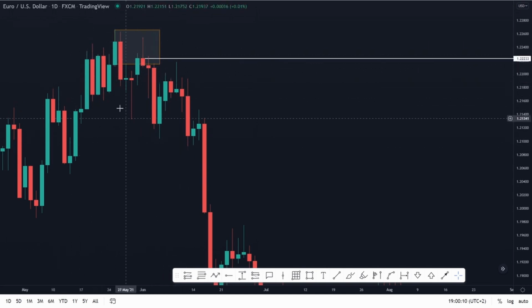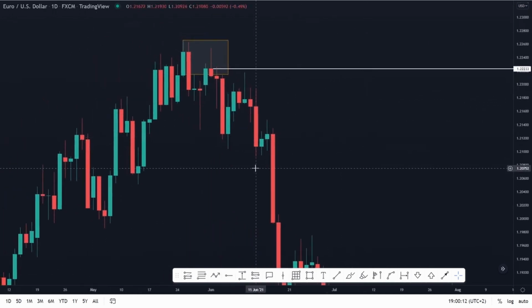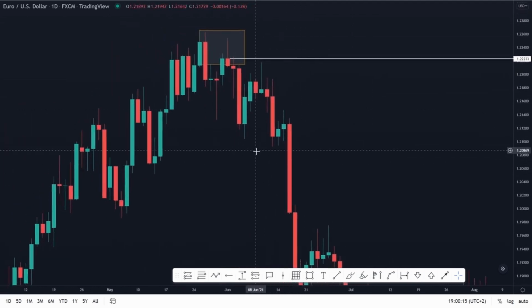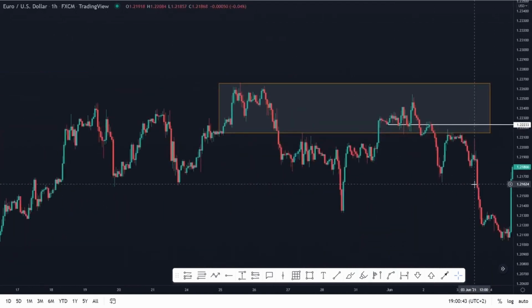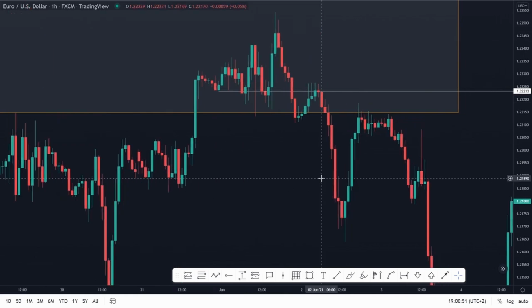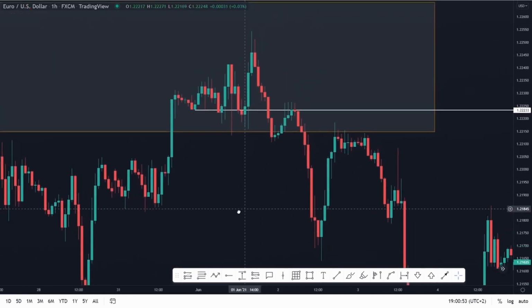So we have confirmed that the market will push lower to the downside. So let's move on to 1 hour to see if we can find a sell setup on this area. Because we are on the daily, we know that the lower time frame of the daily is 1 hour. As we can see from here, let me zoom in a little bit. From this area over here,